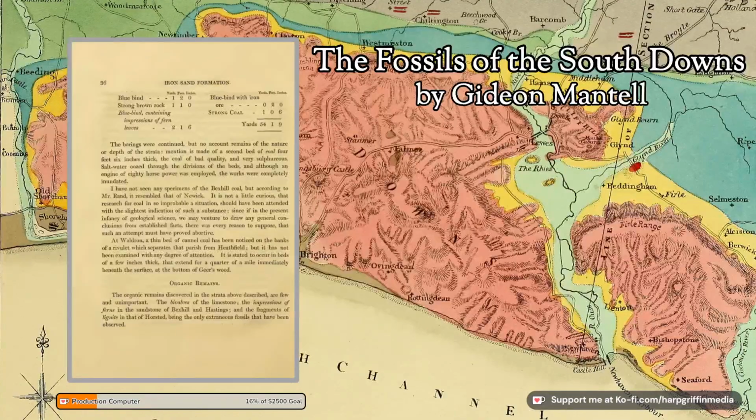It is not a little curious that research for coal in so improbable a situation should have been attended with the slightest indication of such a substance, since if in the present infancy of geological science we may venture to draw any general conclusions from established facts, there was every reason to suppose that such an attempt must have